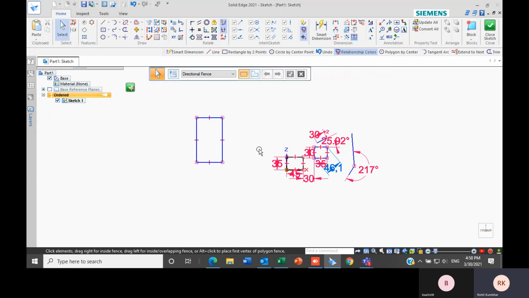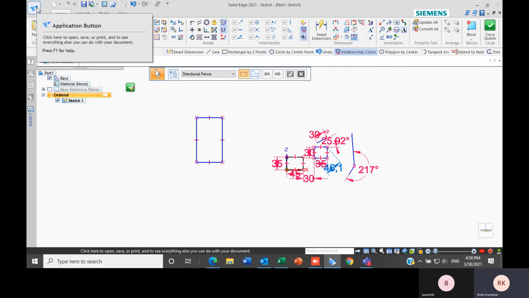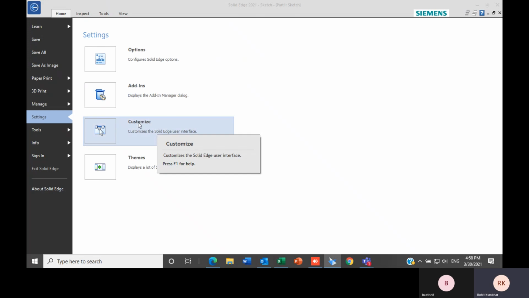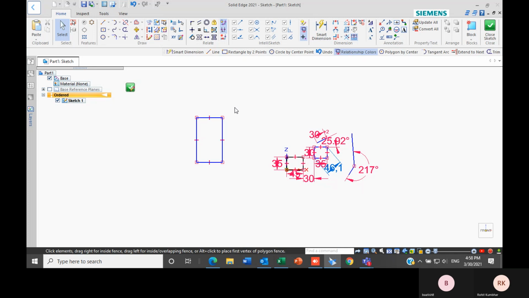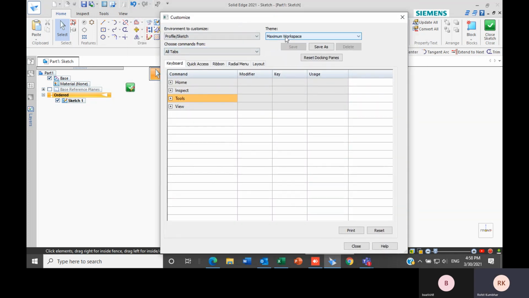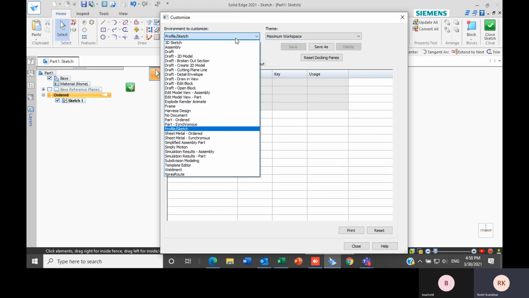which we require. If we wish to customize this radial menu, we just have to go to the applications button. In the applications button, here is the option that is customize. If I select this one, here you can see the customize option it will create. Here we can change the theme of our Solid Edge, then the environment in which we have to customize.